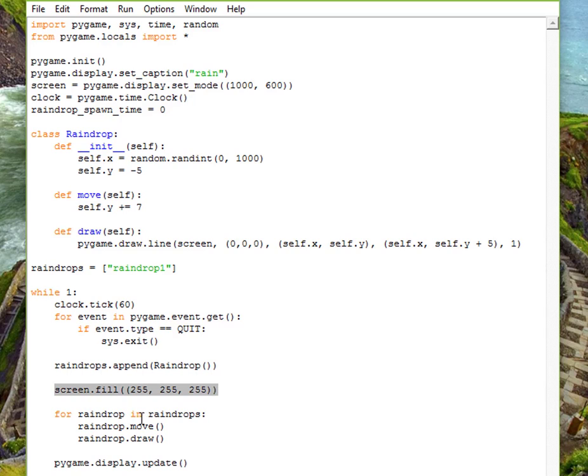Then it says for raindrop in raindrops. So it says take the list raindrops and get this one to equal the first one, where the first one's called raindrop 1. Raindrop dot move, and what that will say is okay, raindrop 1 move. Raindrop 1 is of the class raindrop, so it has the move statement. The move statement says okay, using that name that we've got, raindrop,